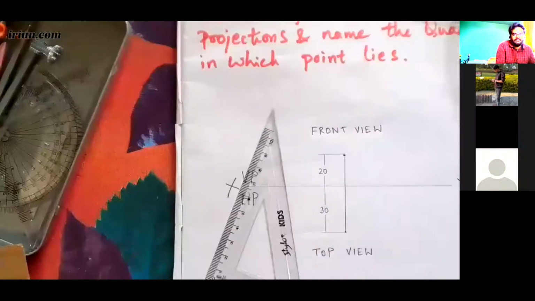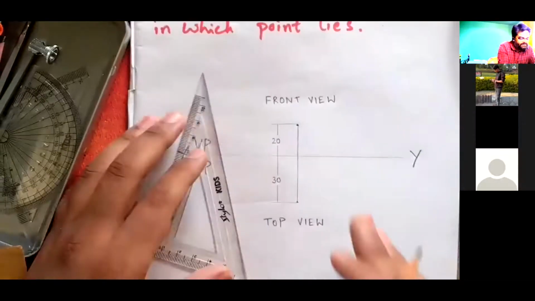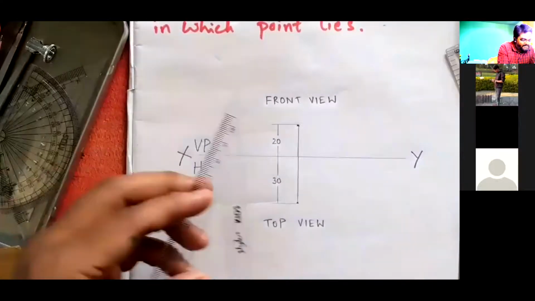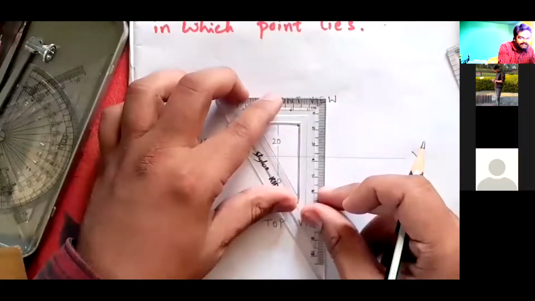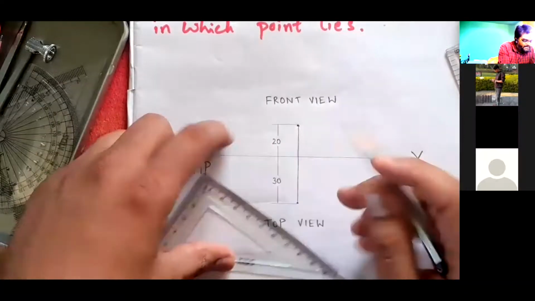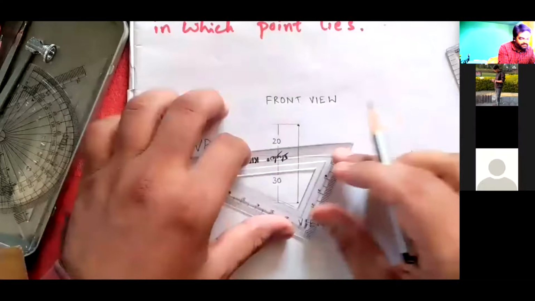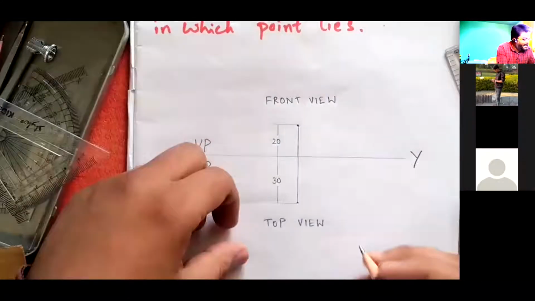Okay, thin line. Everything is in thin line. Nowhere is the dark line. I have used set square for drawing this extension line. This is an extension line. This is an extension line. This is dimension line. Here also I have used the set square to draw a perpendicular line exactly. So now you can see it is exactly perpendicular, and I told you arrow mark has to be perfect.